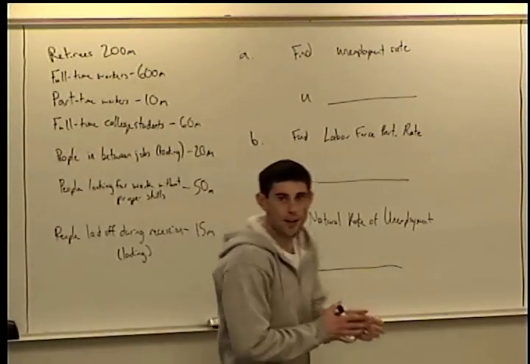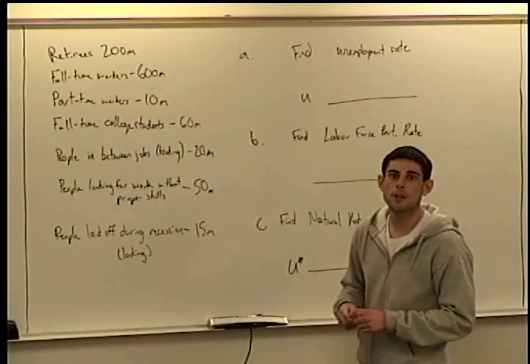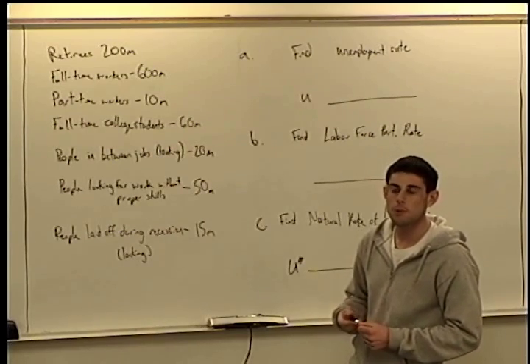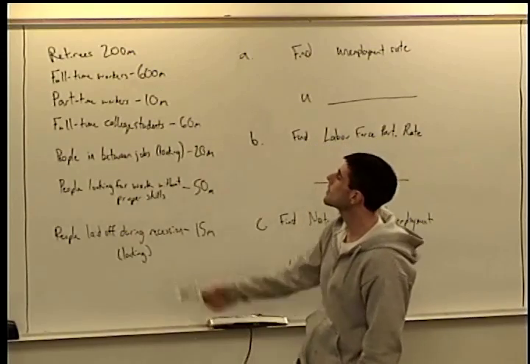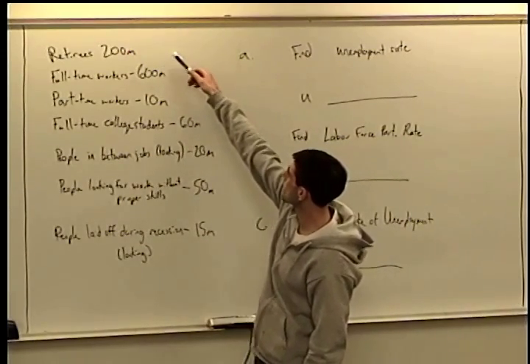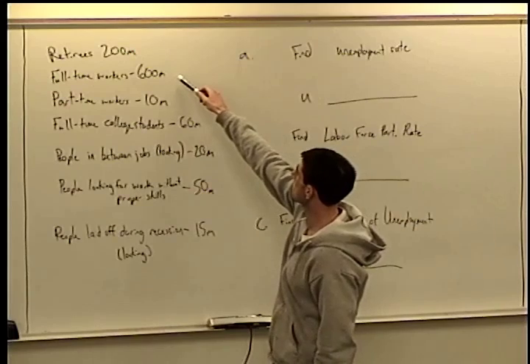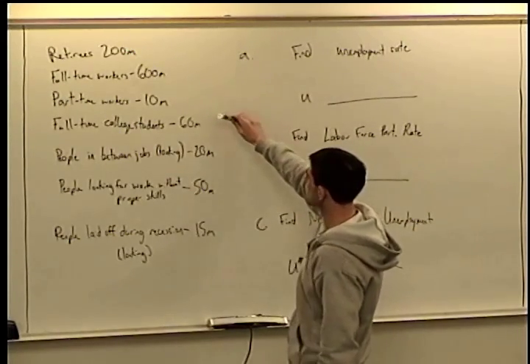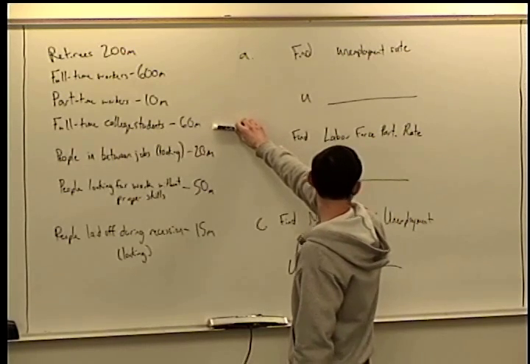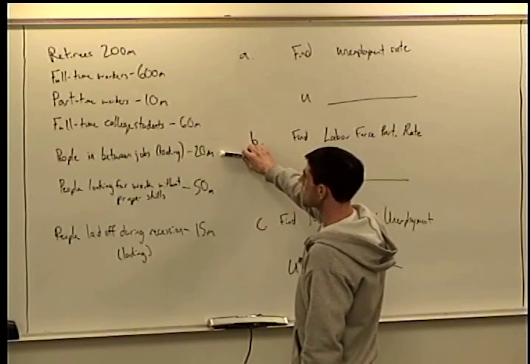All right, so in this video, we're going to go through an example of a problem that you might encounter with unemployment. So we have a list of people that we have in our economy. We have 200 million retirees, 600 million full-time workers, 10 million part-time workers, 60 million full-time college students, 20 million